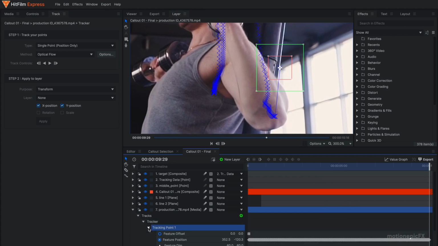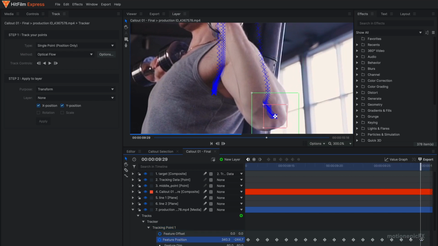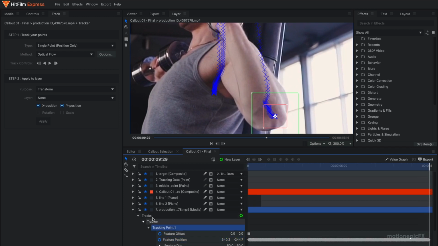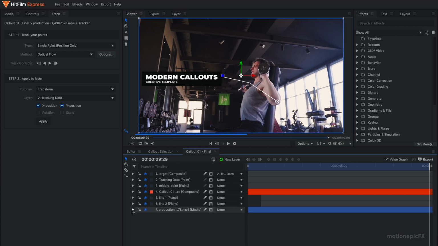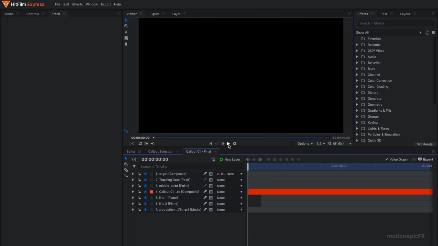We can just easily fix that by going into the tracking point and go to the last keyframe, and we can just delete that one. Alright, pretty cool. So we can go back, and in the tracking point you'll see the apply to layer option. We have to select the layer from the menu over here. Just make sure you select the tracking data layer, click on that, and then click on apply, and then just go back to the viewer view, click on the viewer to go back, and you can see the target has automatically applied to the elbow, and you don't have to do anything else. So if we play this,